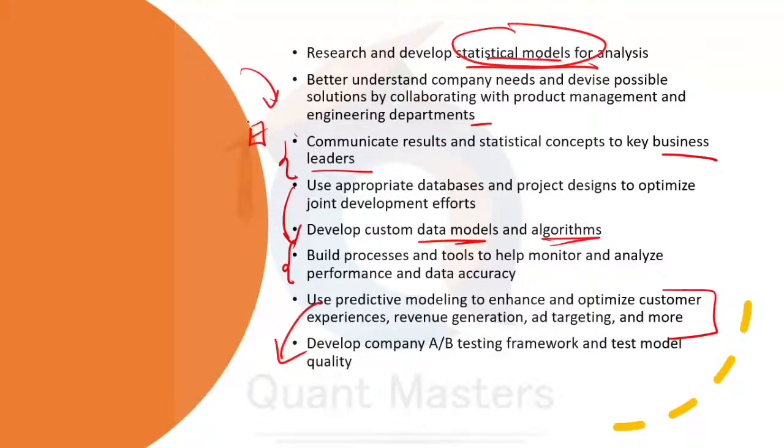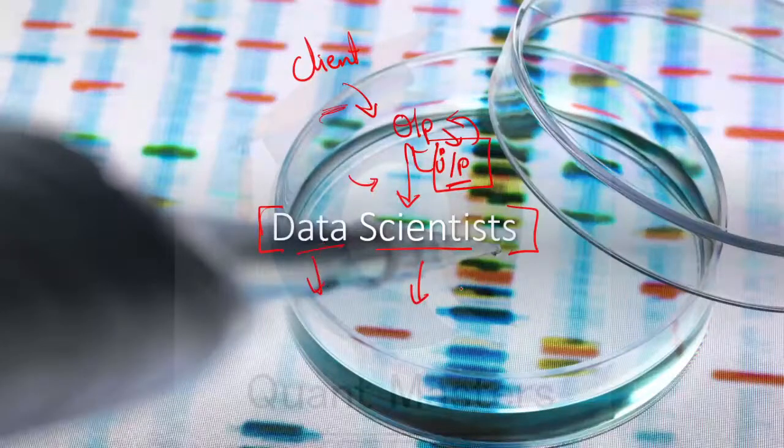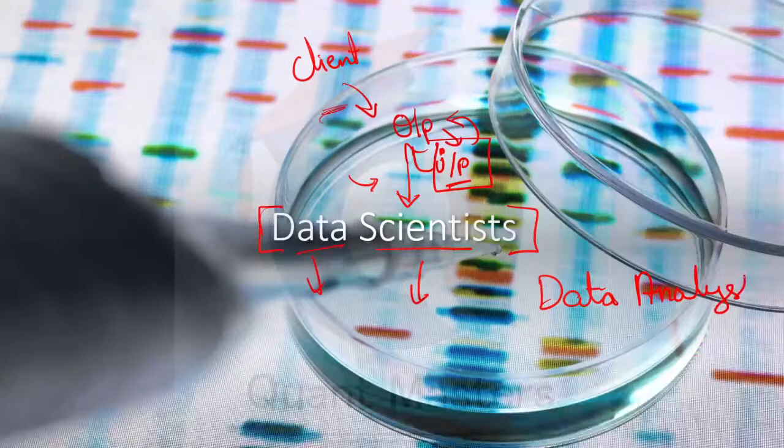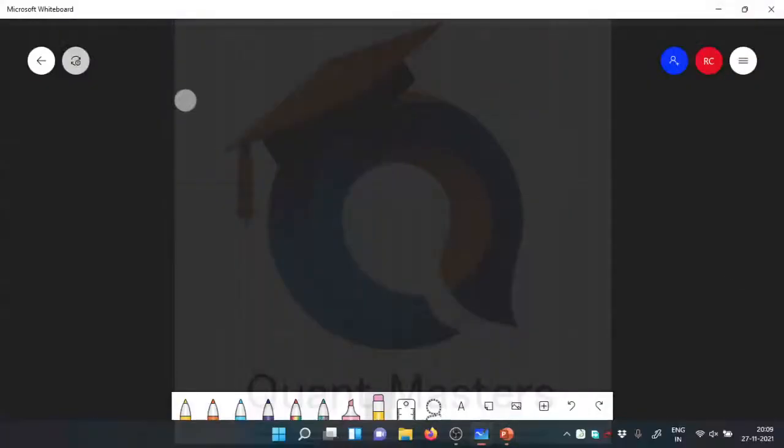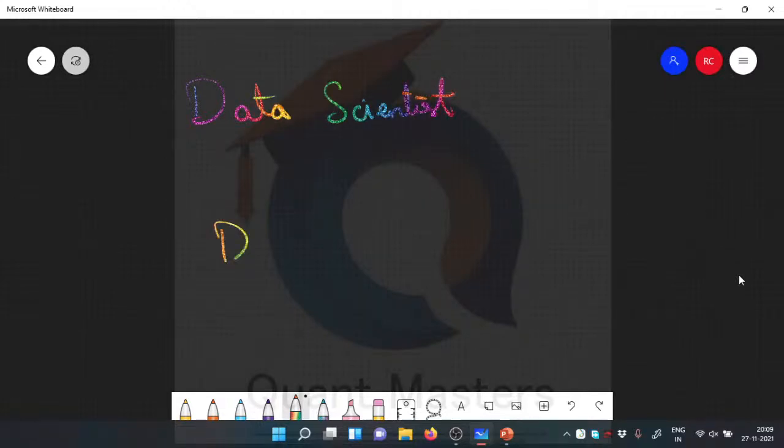There's another modification of this designation that's often called data analyst as well. A data analyst is very similar to a data scientist. Again, all of these look like they're very similar, so I'm just going to explain this in short. You have these designations called data scientist, then you have a data analyst,